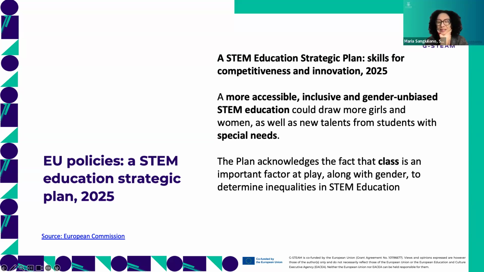Importantly, as I was anticipating, the strategic plan starts integrating at least partially an intersectional approach. There's no reference to intersectionality as a framework in an explicit way, but still, along with gender, there is an acknowledgement of socio-economic disadvantage as a strong predictor of student performance, and therefore class is acknowledged and taken into account, and also migration and race, therefore, as the plan